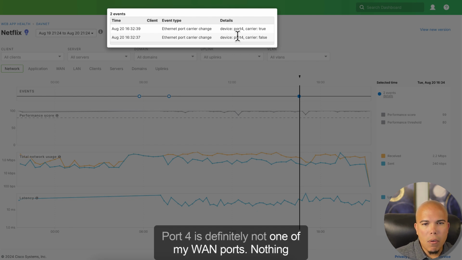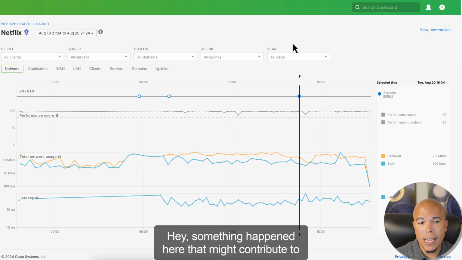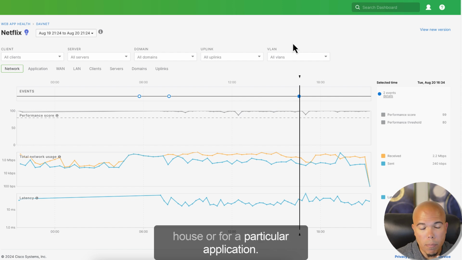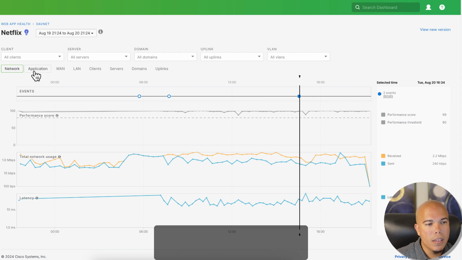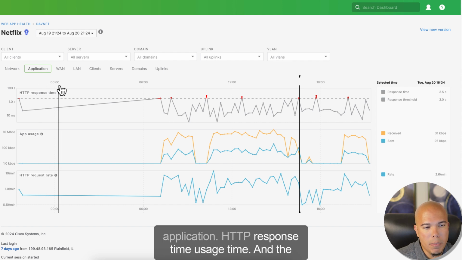Port 4 is definitely not one of my WAN ports. Nothing important there, so it's just something to let us know, hey, something happened here that might contribute to perhaps poor performance on the WAN side of the house or for a particular application. We'll click through here. We'll see more information on our application, HTTP response time, usage time, and the request rate